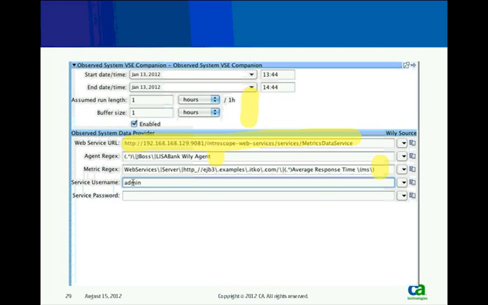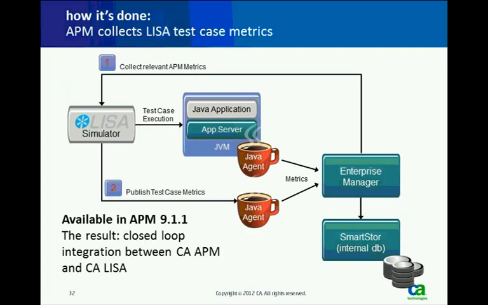So now that you've actually captured this relevant set of production data into CA Lisa, you've created a model that your developers and your testers can actually use. Well, what about providing information back to APM as you're actually testing, creating performance or load tests in a pre-production lab? So Lisa does have a means to create